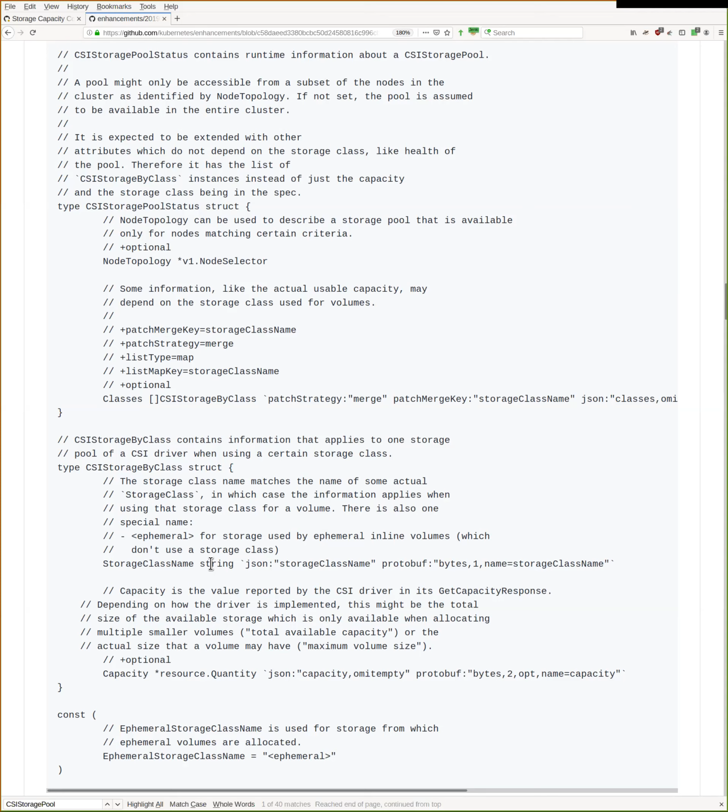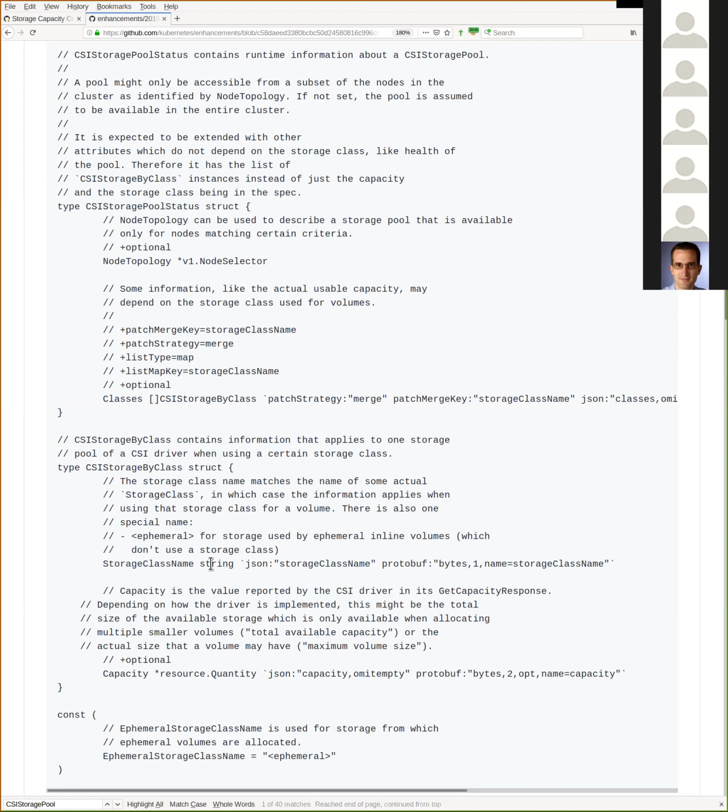There is another hook in the scheduler for prioritizing nodes. Mm-hmm. And then we could influence that decision also by available capacities such that we get even spreading across the nodes and try to avoid those where storage is already running low. That's also particularly important when we consider scheduling multiple pods one after the other. Yes. If we do that on the node that has most available storage, we limit the effect that